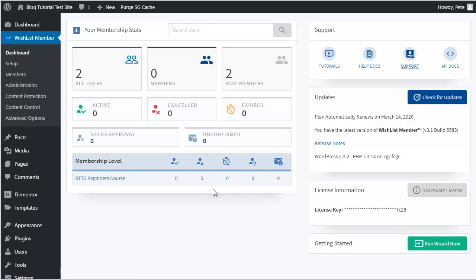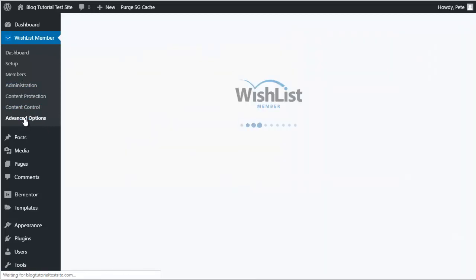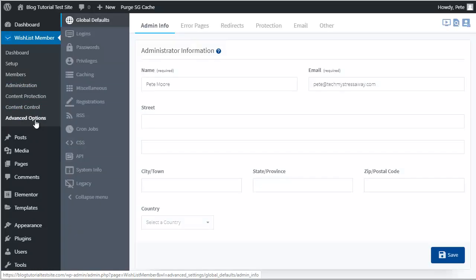So the last bit of this video now, I just want to go through some important options that are probably worth covering. So the main bit here is under the advanced options. We will have a look at some of the other options as we go through the rest of the course, but these are just things that I want to cover. So if we go to advanced options,